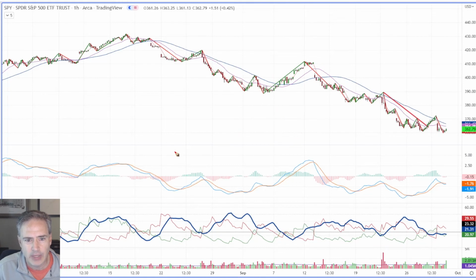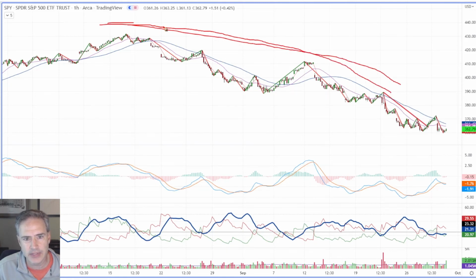Now, the times where I don't need that is when I'm with the trend. All right. In other words, let's say this is a 1, 2, 3 developing and the time frame above me, which is the daily, is in an uptrend. Well, then I only need presumptive evidence because I already know the trend is up on the bigger time frame. But the bigger time frame in this case is down. I mean, we have an 18 that's down this way and a trend that's down this way. Okay, so we need more evidence of a turn.